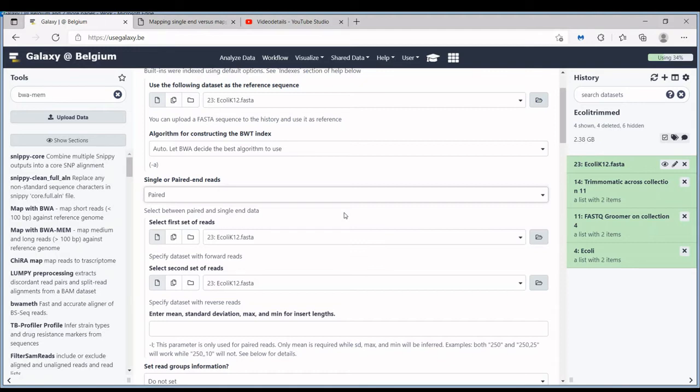So what is the extra information here? You know that the 2 reads that form a pair have to map on opposite strands and they have to map in each other's proximity. Now, what does proximity mean? You also have to explain what you mean by this. And this is what you do here. So you have to give it the distribution of the fragment lengths in your library. Because what is the distance that you expect between 2 reads that form a pair? Well, the length of the fragment that they come from.